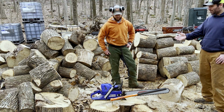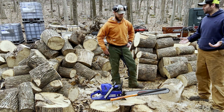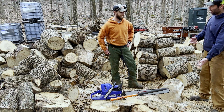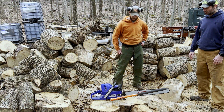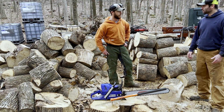Right. And the only time I use this saw is when I'm cutting down big trees. I have tried bucking with it, but like you just said, you feel the weight of it. The bar's a little long, especially for just doing what we're doing here. It's nice because you don't have to bend over as far when bucking, but it's very, very heavy. I like the big bucking dogs on either side. And if the carb's a little finicky, just adjust it, but you get to know the